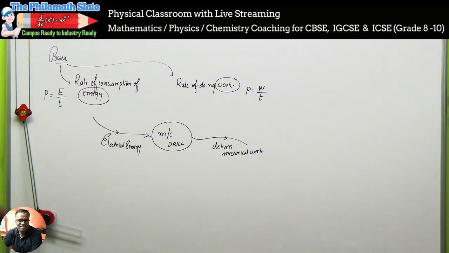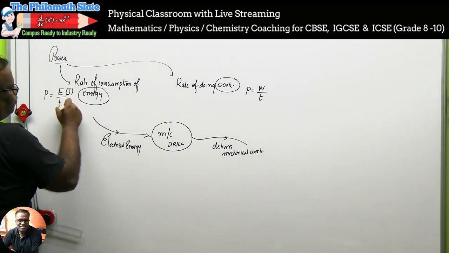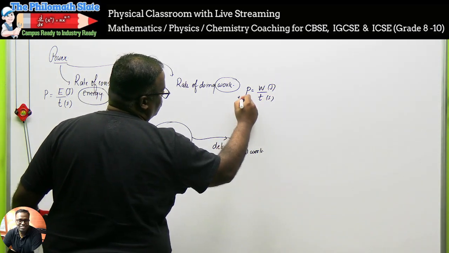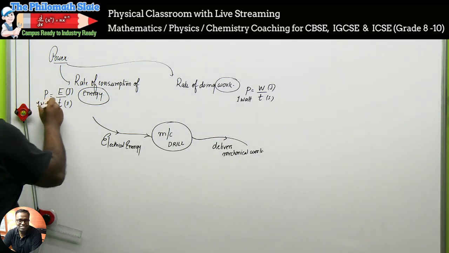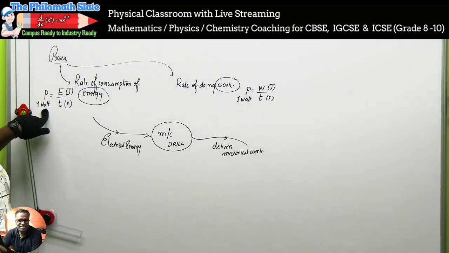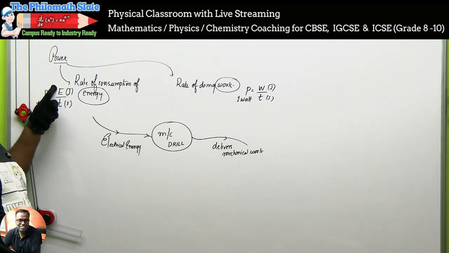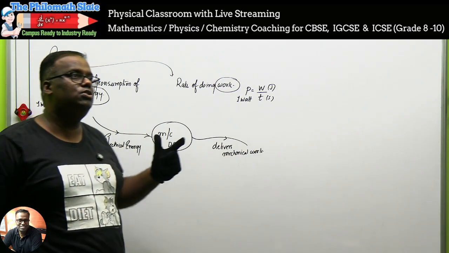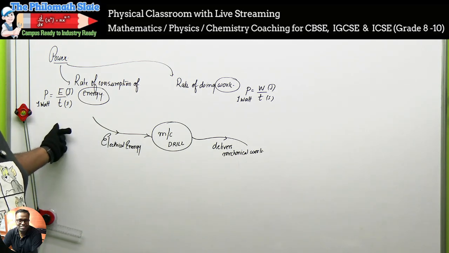Have you understood? Energy and work both have the same unit. What is the unit? Joule. And the unit for time is second. This is joule and this is second. So then power is called 1 watt, named after the British scientist James Watt. Okay, 1 watt. So we define 1 watt of power. 1 watt is said to be the power consumed when energy of 1 joule is consumed in a time of 1 second. If there is some machine which is consuming 1 joule of energy per second, we say that the power of the machine is 1 watt.